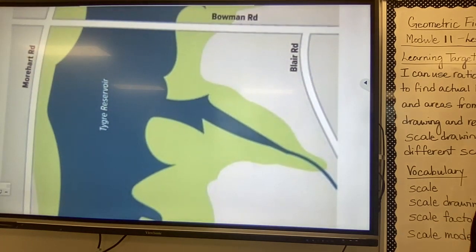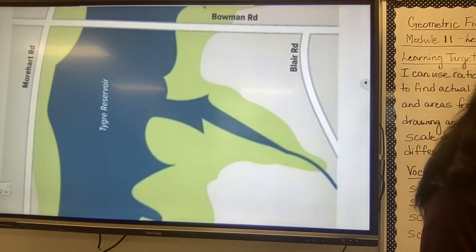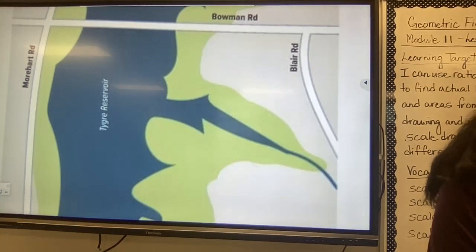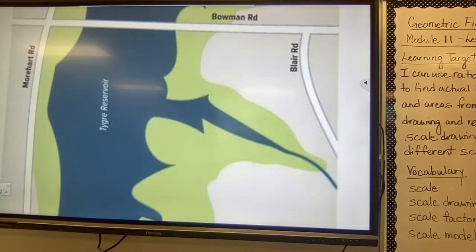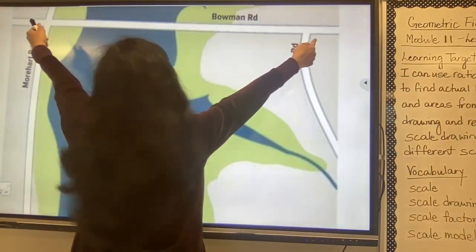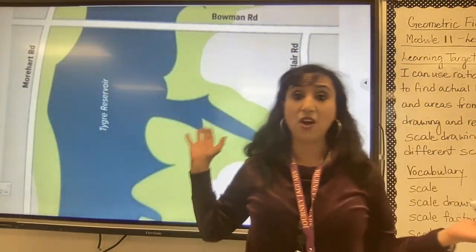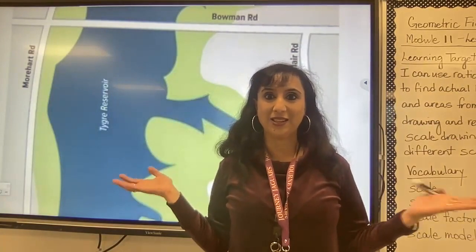Okay, so in this map, what we are trying to do is find the actual distance between 2 points. And what points are we looking at? We are going to look at the intersection, the distance from Bowman Road. Over here we have two: the Morehart Road and the Blair Road. This distance, okay? I can fit it on my smart board, but in reality,